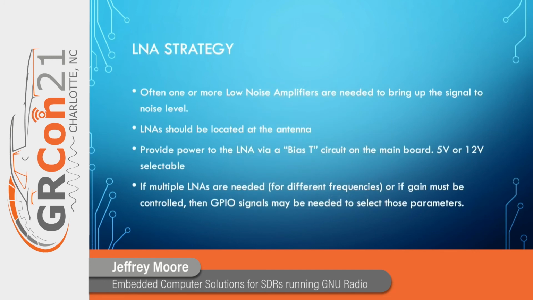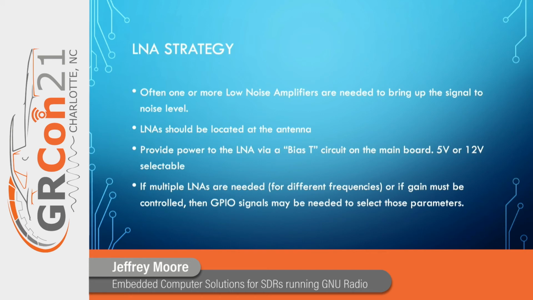As I was just mentioning, we always like to put LNAs, not only for the GPS, but for the SDRs out at the antennas. Anything you can do to raise the signal level into the SDR before it gets exposed to that high level of digital logic noise, if you will, the better off you are. And what we do is we always provide bias T circuits and provide either 5 volts or 12 volts out at the antennas so that an LNA can be powered.